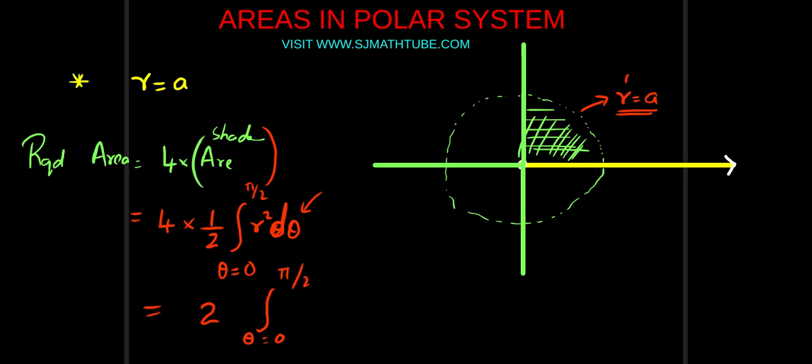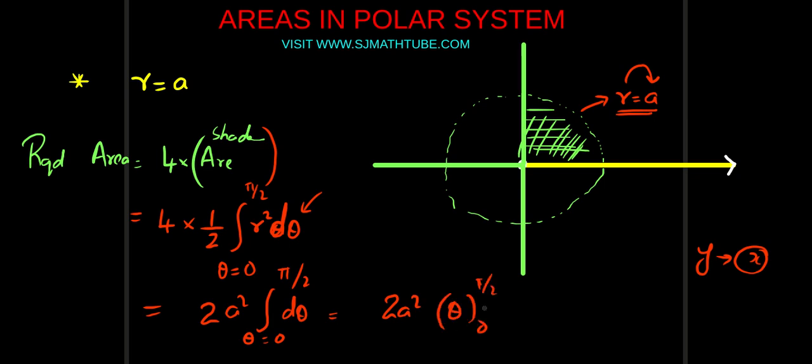What is the r value? In Cartesian system, I was asking the question, what is the y value in terms of x? Likewise, here I am asking, what is the r value? r is a, so r square is a square, a constant, it goes outside, d theta. So 2a square theta within the limits 0 to pi by 2. Now plug in the values, you get 2a square pi by 2. We get the same answer, pi a square, as expected, because the area of a circle is pi r